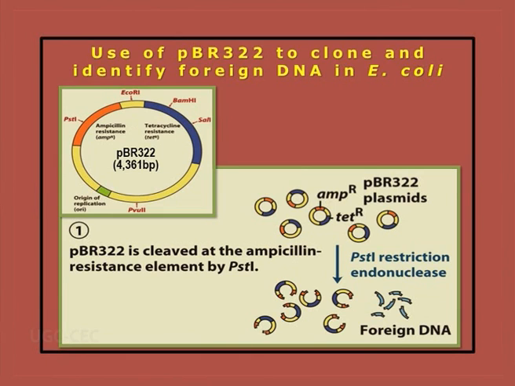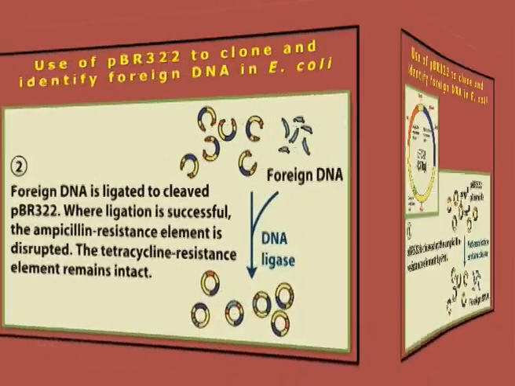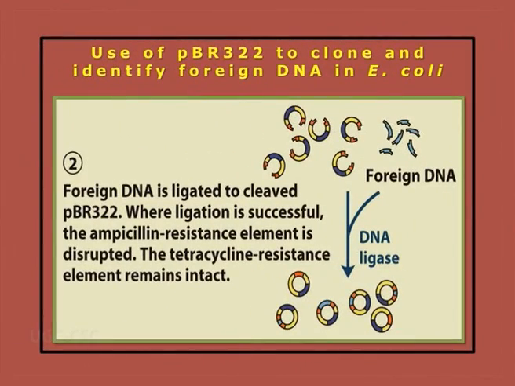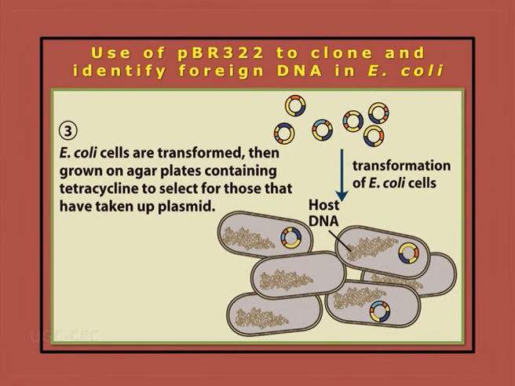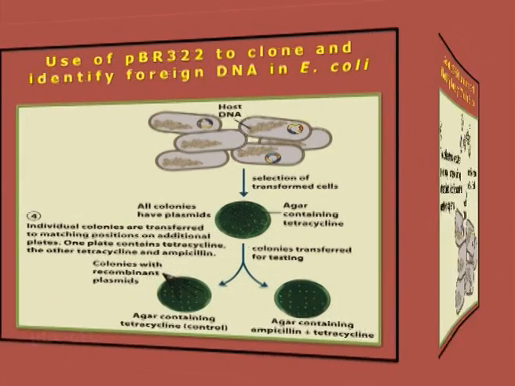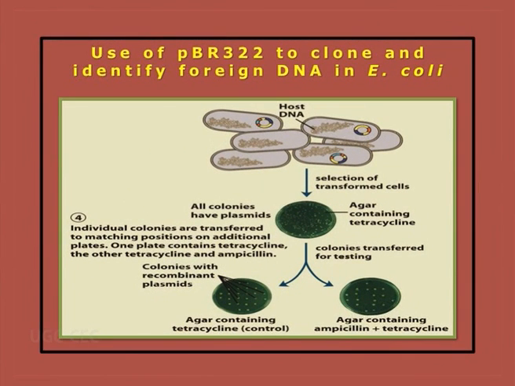What is done when we want to clone a gene inside a pBR322 vector? You see that there exists a PstI site. pBR322 is cleaved with PstI and we introduce the foreign DNA, which is also digested with PstI. After that, this recombinant DNA is introduced inside the host cell. But as you know, the PstI site has been used to introduce the foreign DNA, so we select the transformants